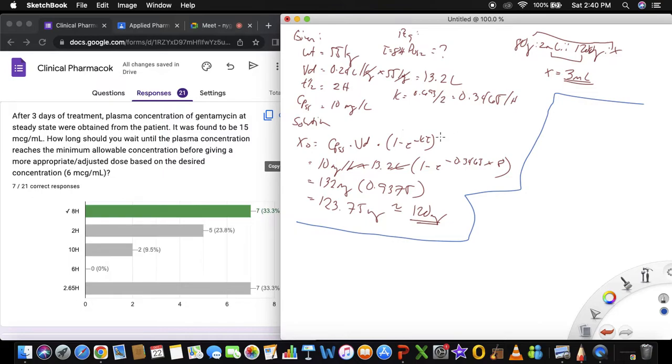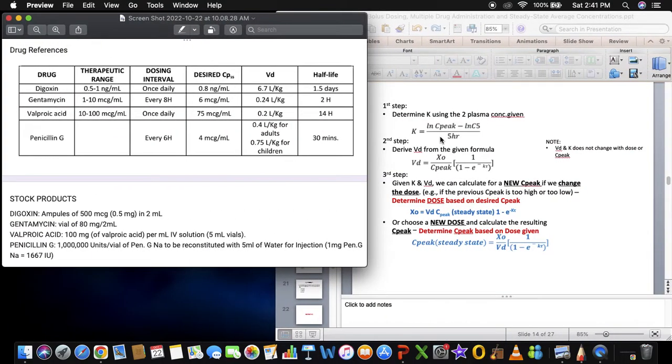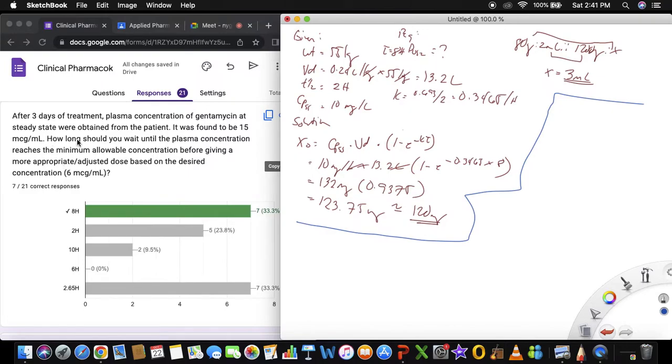Okay? So in this question, class, ang tanong niya lang would be, how long should you wait before the plasma concentration of 15 micrograms per ml will return to the minimum allowable concentration? Kasi kung titingnan natin class sa therapeutic window ng gentamicin, the allowable therapeutic range is between 1 and 10. Ngayon, ang nangyari is, naging 15 microgram per ml yung steady state plasma concentration ng patient after 3